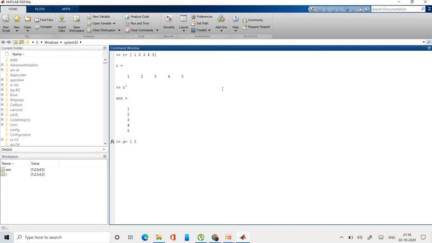We'll use a semicolon between each element, so that it forms a column matrix: 2, 6 semicolon 8 semicolon 9. So it is forming a column matrix.